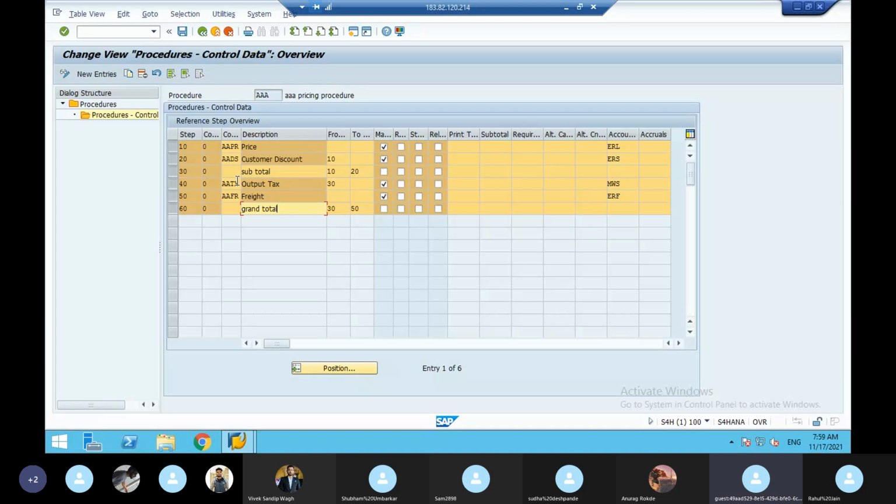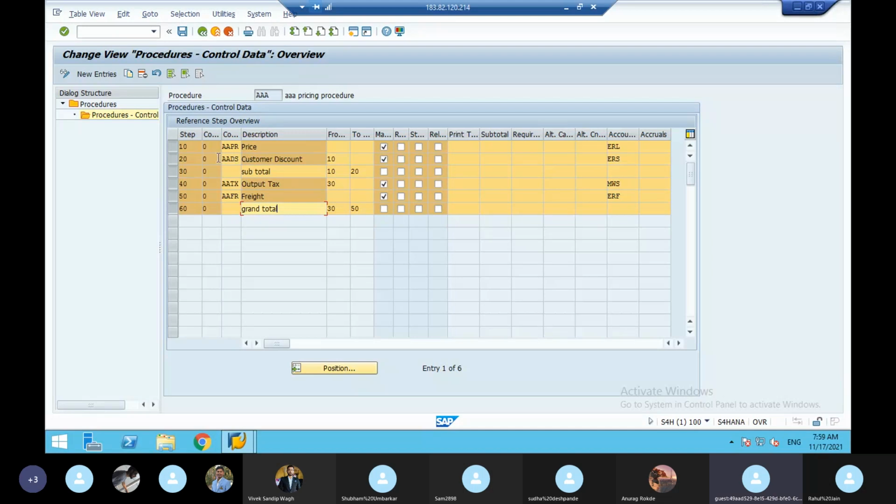But when they say condition, you have to say conditions present in the pricing procedure which contains 16 columns, that is one row. Group condition means the number of conditions, that is AAPR, AADS, AATX, AAFR, grouped in one pricing procedure. Along with those 16 columns you maintain the pricing procedure, so it is grouped. That is why it is called group condition. Fine. But how is it grouped?